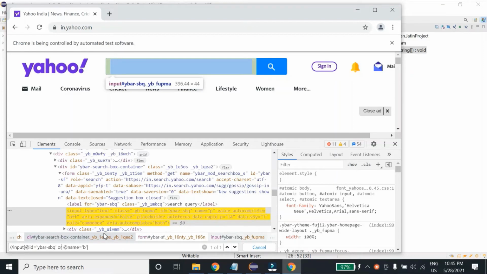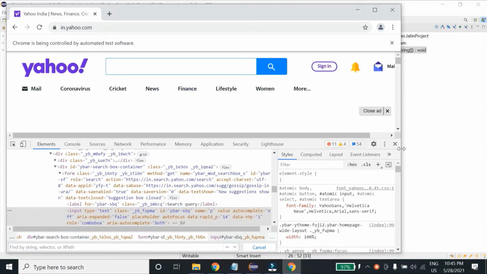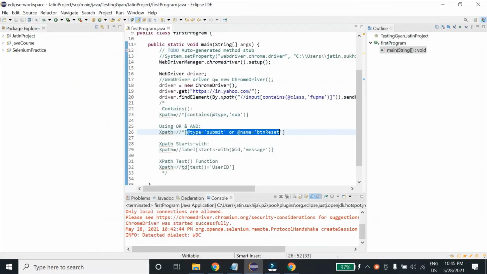So let me write or, and let's run the script with the XPath which we have written over here.